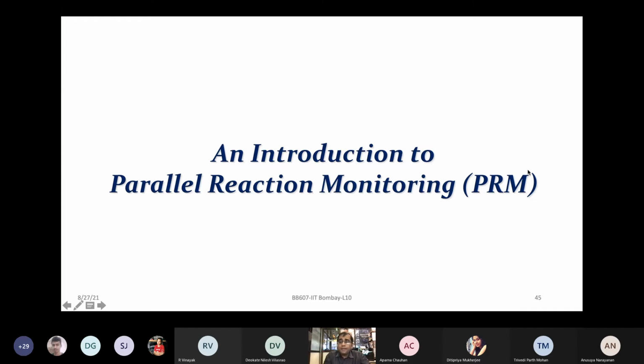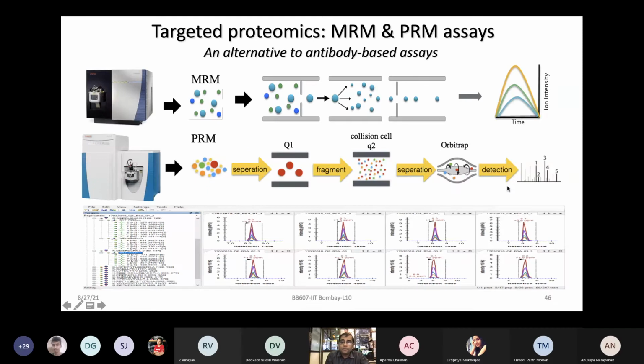Similar to SRM, another advancement is happening, which is more vendor-specific, Orbitrap Fusion-specific, or Orbitrap technology-specific, known as PRM, parallel reaction monitoring. The concept of MRM you are familiar with now. You're looking at one specific peptide at a time and developing its transitions. In the case of PRM, you are looking at multiple peptides. The configuration here has a quadrupole and an Orbitrap, and you look for multiple peptides, generate all of their data in the Orbitrap, and use it for quantification.